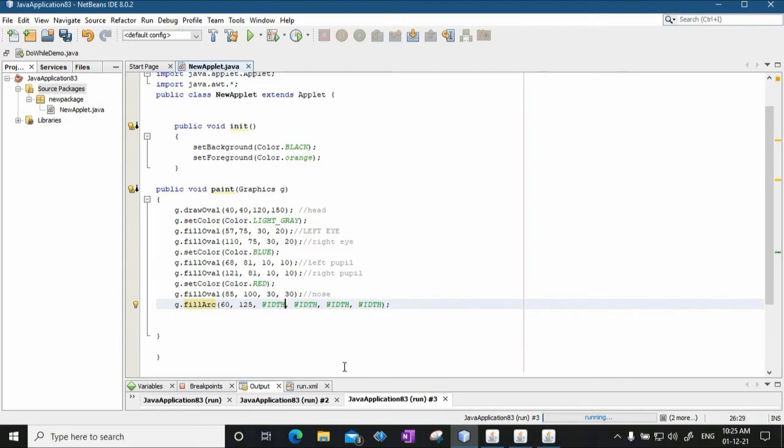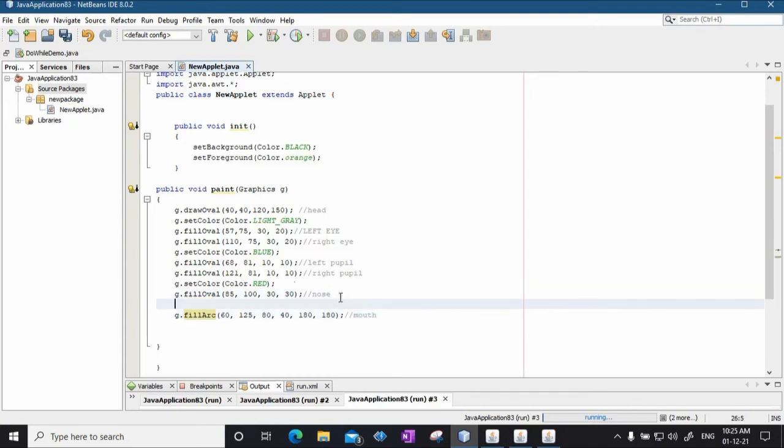Okay, then width of that particular arc. Now whenever we are talking about arc, okay, you need to first specify the parameters of the oval. Now oval has x and y coordinates, the starting point, then it has width, and then it has height. So let's say width is 80 and let's say the height is 40. Okay, and now the starting angle we have to specify for the arc. Let's say it is 180, and the sweep angle is also 180. Fine. So this is the mouth, right?